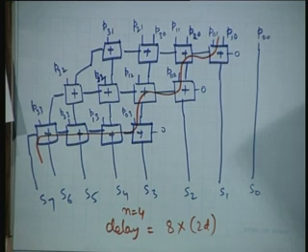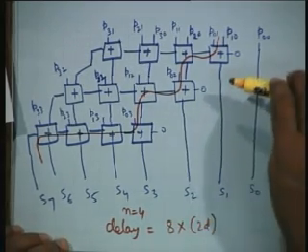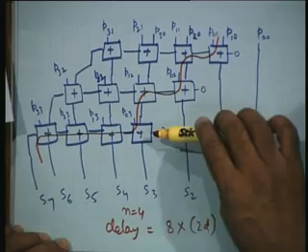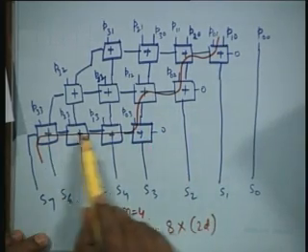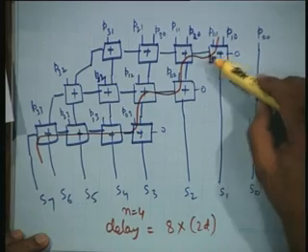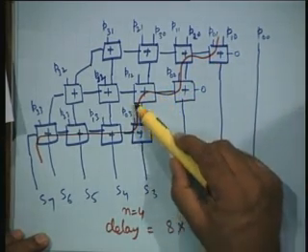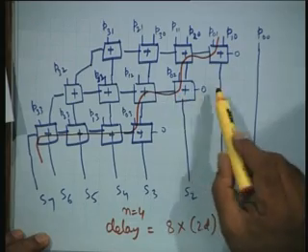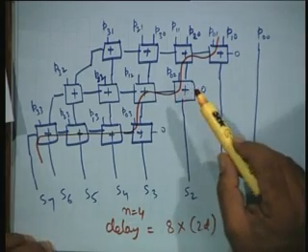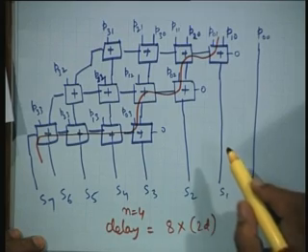In general you can say that you have propagation horizontally, you have propagation vertical, and you also have some horizontal propagation across these stages. So, if you extrapolate this to n, you will have